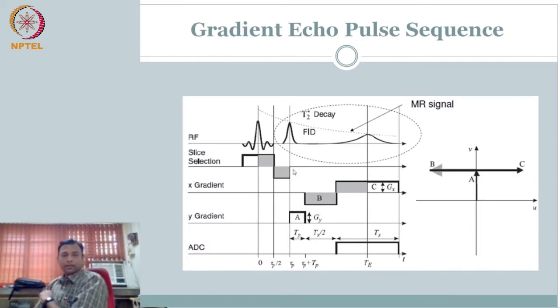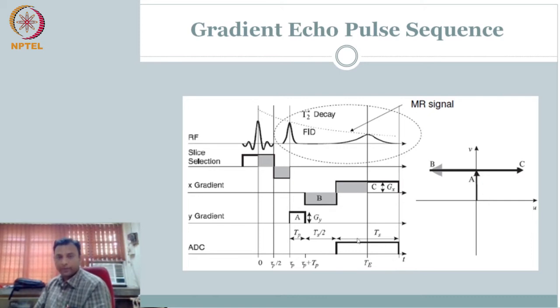So we can combine your gradient echo and your phase encoding. We can travel to the negative axis and move up and down in the V. So this is the pulse sequence: RF excitation, slice selection, refocusing. I am not recording the data, so ADC is not your free induction decay here. Rather, I am applying a phase encoding. Just after that, I am doing a frequency encoding and I am reading out the gradient echo during the frequency